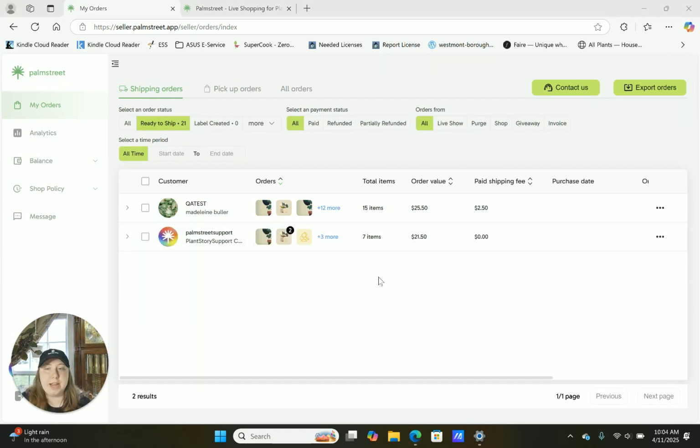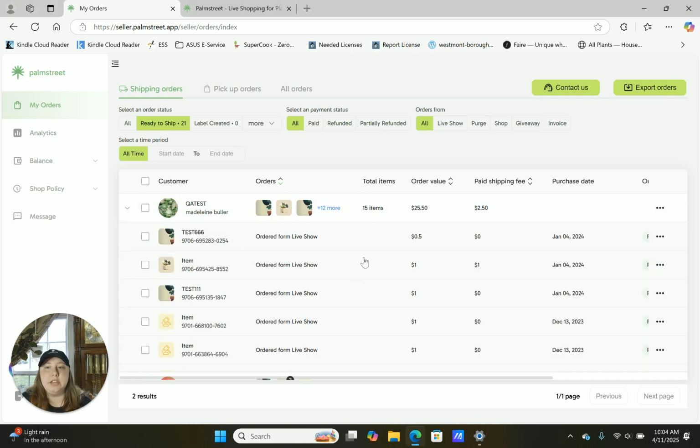So first we are going to start with the My Orders tab. The My Orders tab allows you to see all the different orders that you have available to be shipped or to be picked up. And then whenever you click this arrow right here on the left-hand side, you're going to see all the different orders that were placed by that specific buyer. So you're able to see the order value, how much the shipping fee was, and then the purchase date of